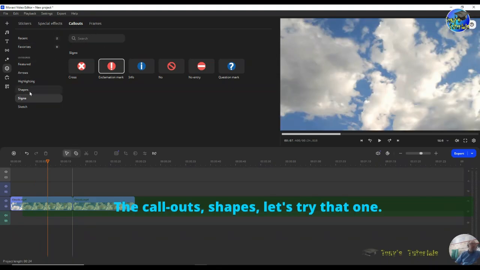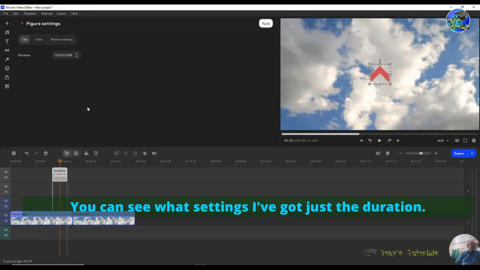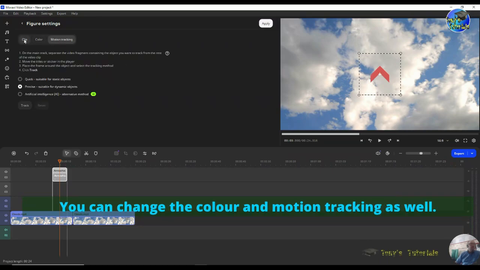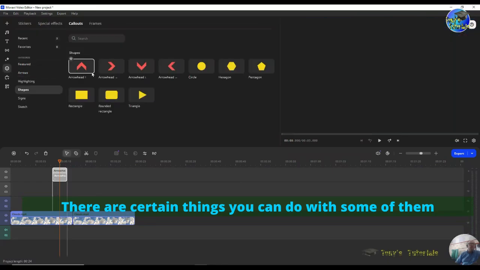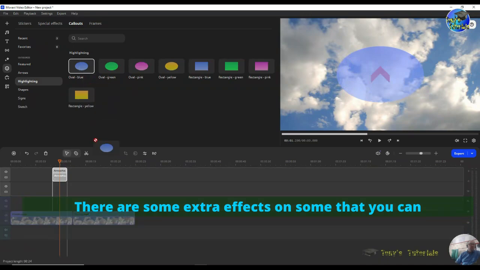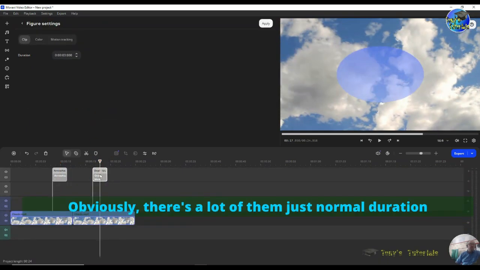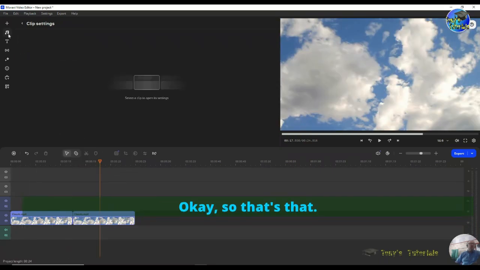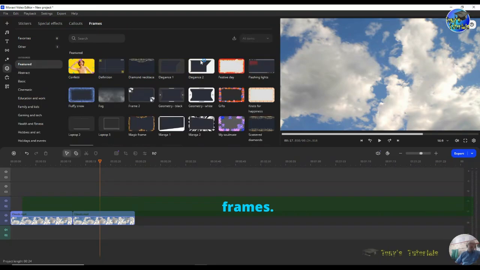The callouts, shapes. Let's try that one. See what settings that's got. Just the duration. You can change the colour and motion tracking as well. So that's cool. There are certain things you can do with some of them that you can't do with others. You got extra effects on some that you can deal with. Obviously, a lot of them are just normal duration ones, right? Okay, so that's that. Let's go to the last section for this, which is the frames, and these are the